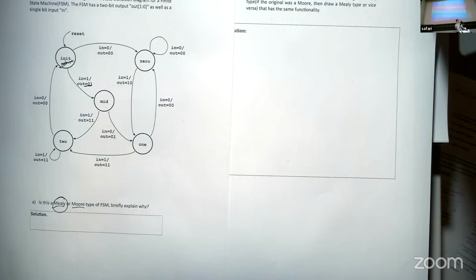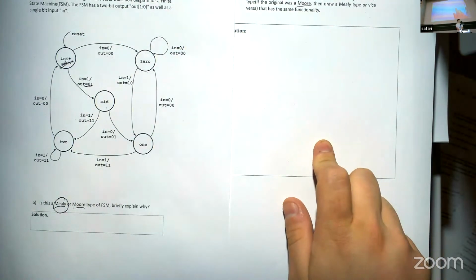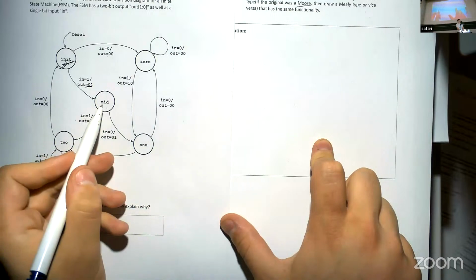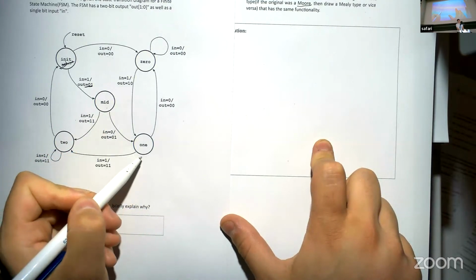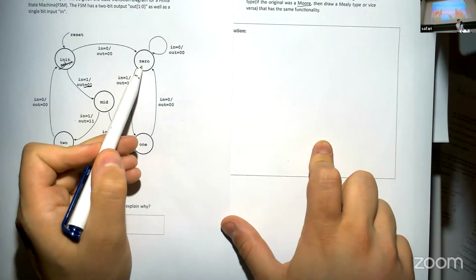So clearly we identified earlier this was a Mealy type FSM. So now we're supposed to make it into a Moore type FSM. As you recall, and as I mentioned, the Moore type FSM means the outputs would be per state, not per edge. So the key difficulty here is